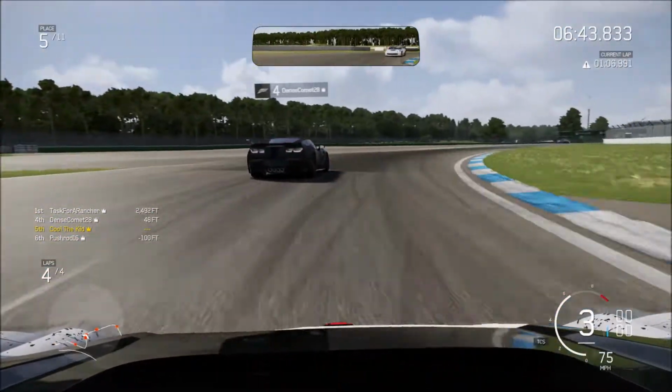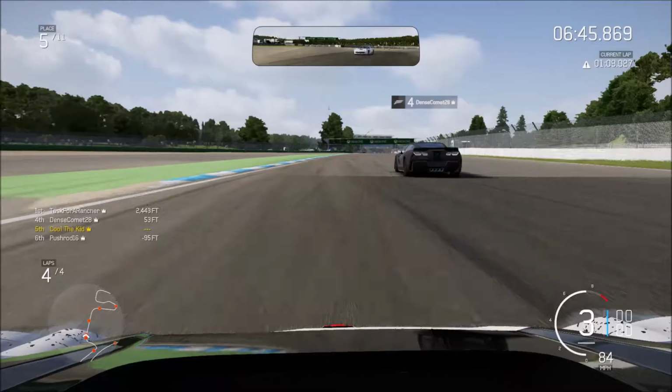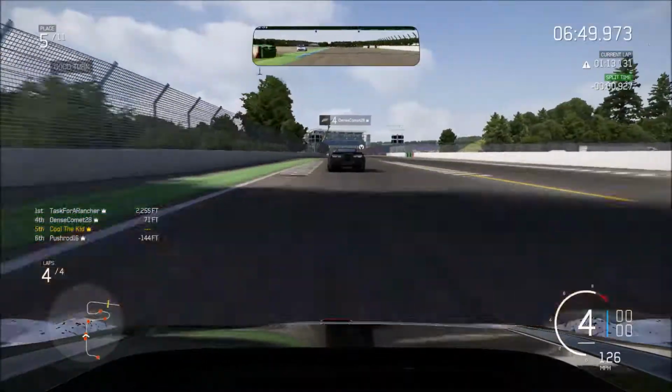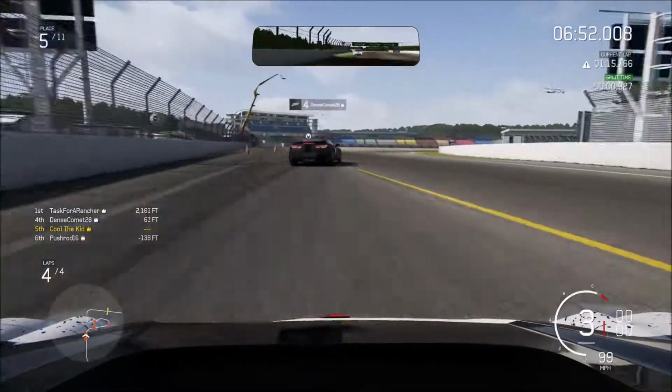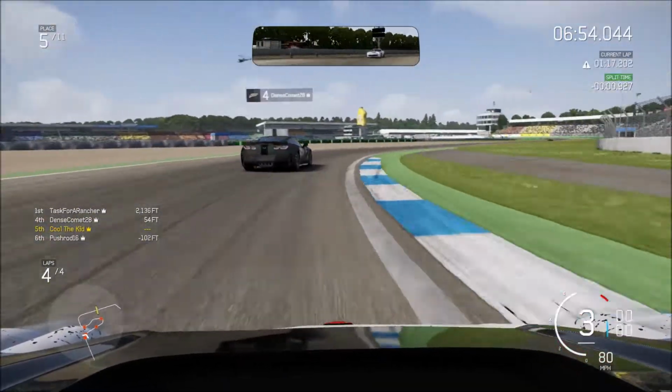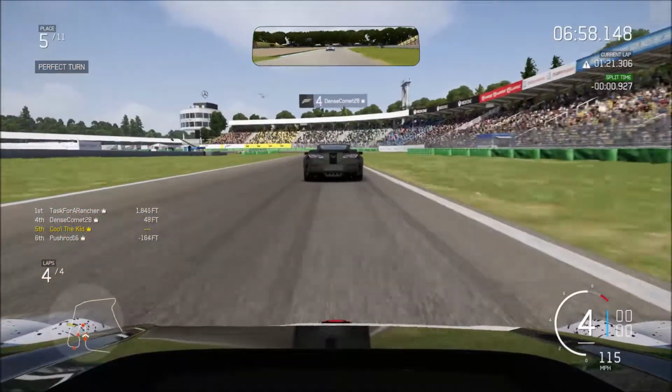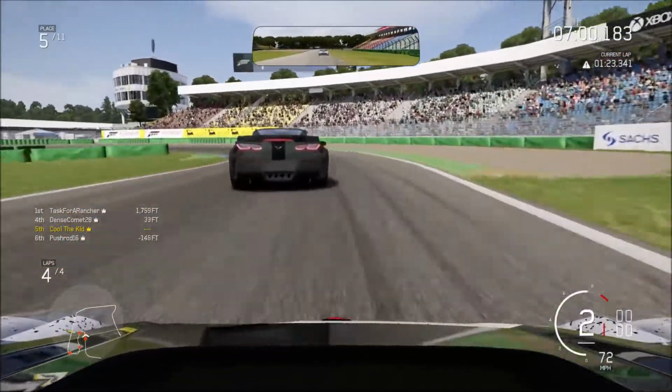I hit mine through these, and the track gets really wide here, so you can run a little wider, hit the gas earlier than you might think, but it tightens back up into this stadium section, so you got to be careful. A lot of people go off into the gravel over there. And yeah, through this